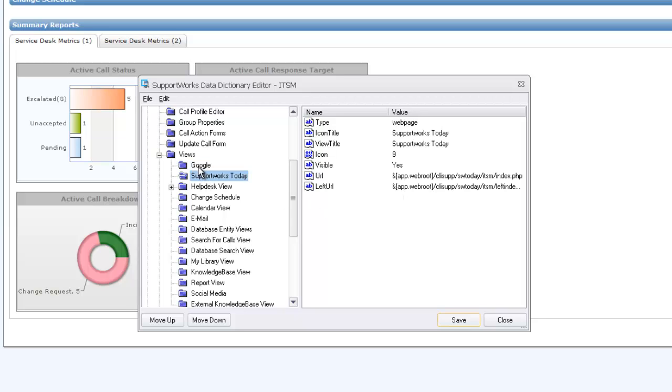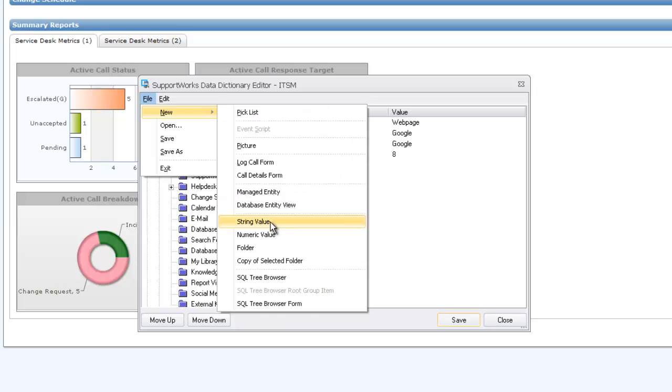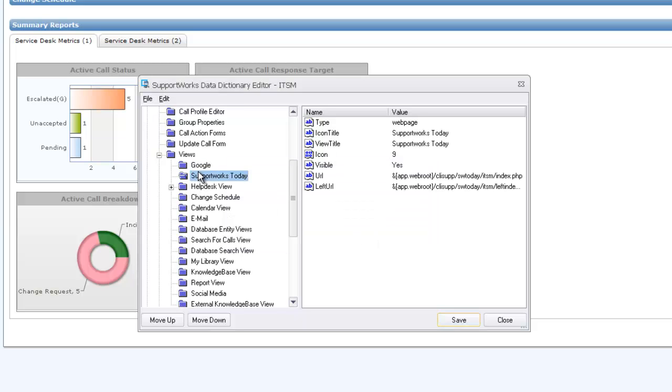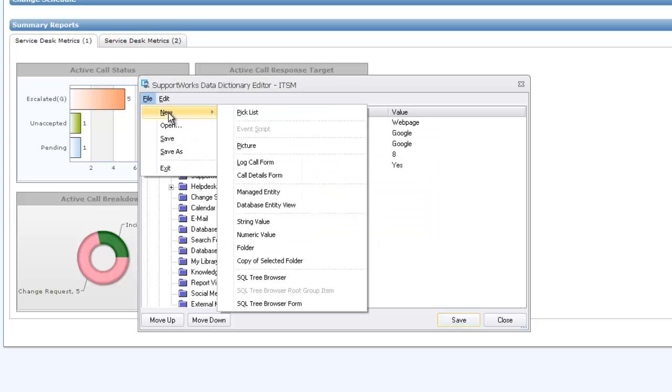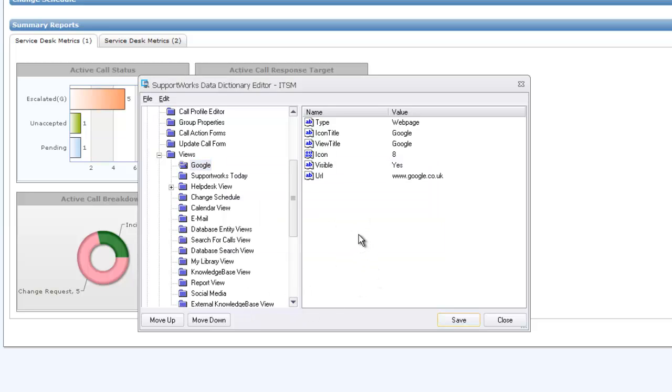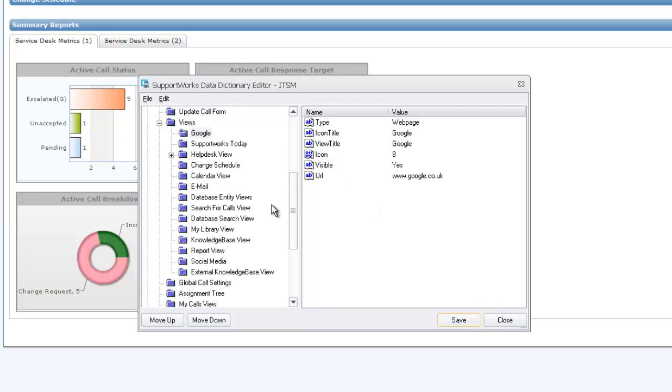Next we have visible, so obviously we do want it to be visible. New string value, visible, I'm going to set to yes, and now the URL. So again, string value, URL, www.google.co.uk. Excellent. So now what we've done is we've created our view and we've set it so it's going to appear